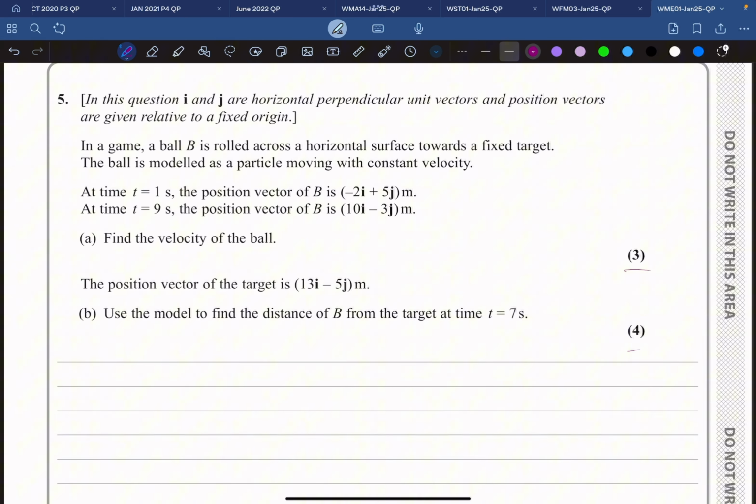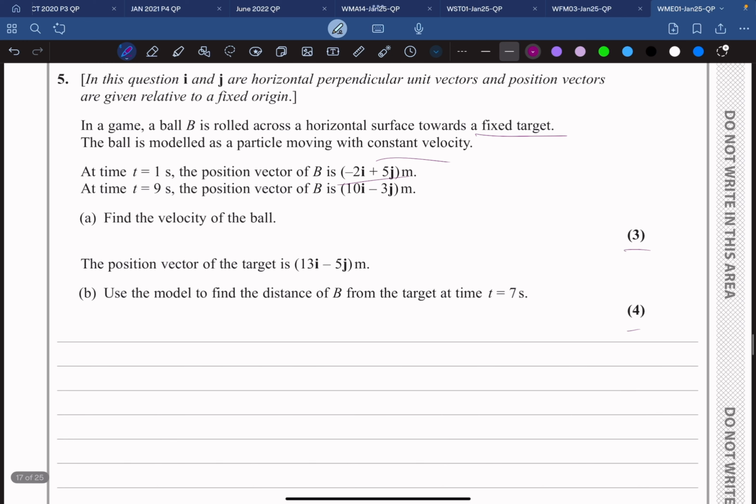In a game, a ball B is rolled across a horizontal surface towards a fixed target. The ball is modeled as a particle moving at constant velocity. At time t is equal to 1, the position vector of B is this. Okay, I got it. At t is equal to 1 and at t is equal to 9, that's there. What is the velocity of the ball? We just have to find out the velocity. Let's do that actually. Velocity